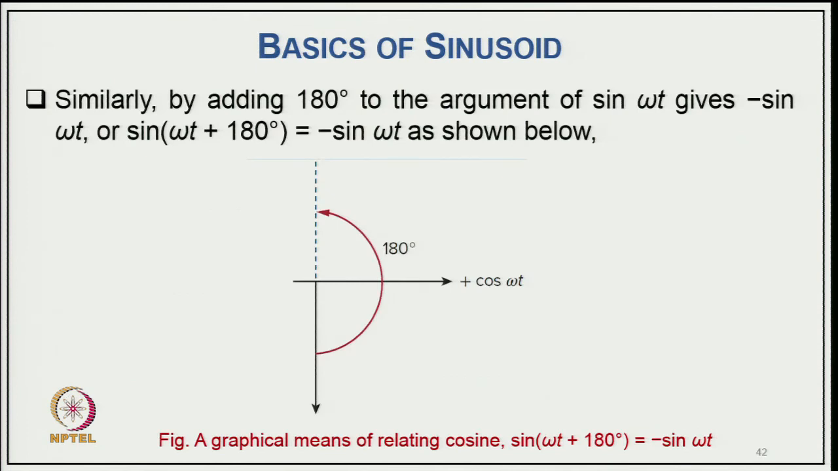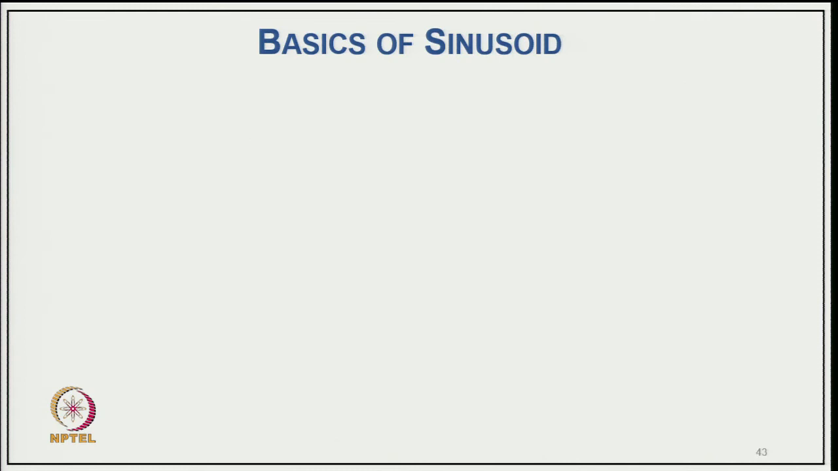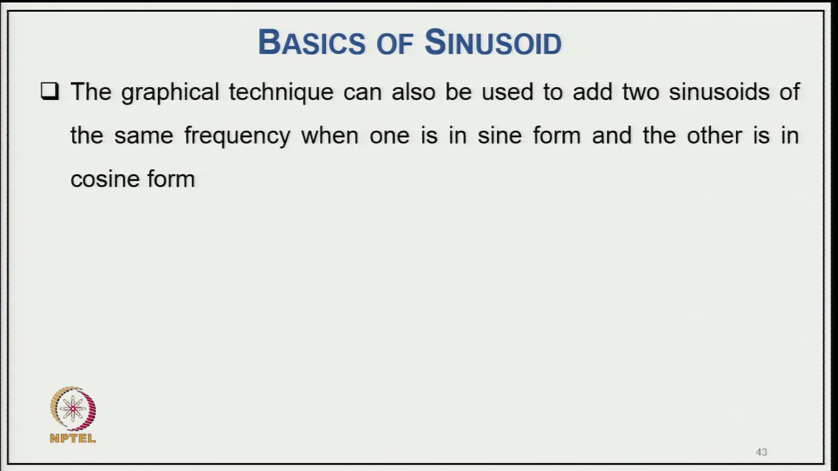Similarly, adding 180 degrees to the argument of sin omega t gives minus sin omega t, or sin(omega t plus 180 degrees) gives minus sin omega t, as shown typically here. That graphical relation is sin(omega t plus 180 degrees) equal to minus sin omega t. And the graphical technique can also be used to add two sinusoids of the same frequency when one is in sine form